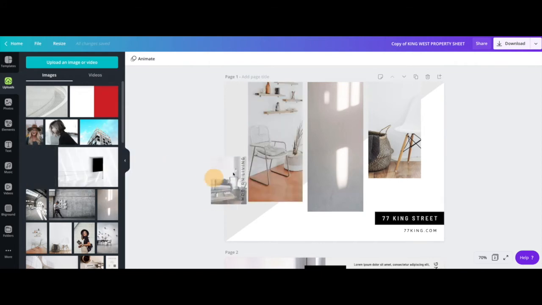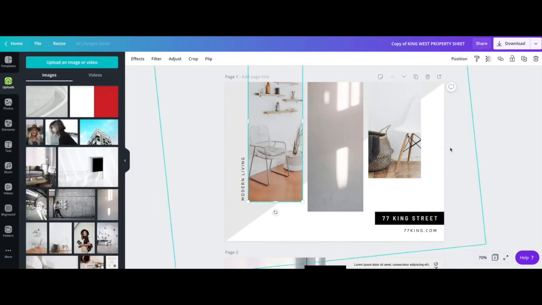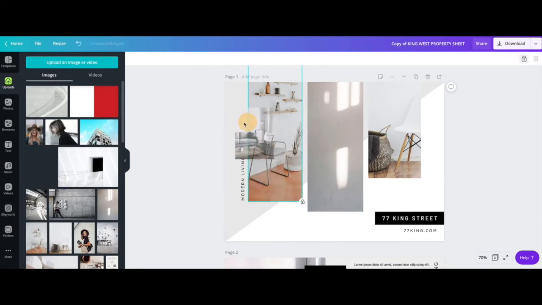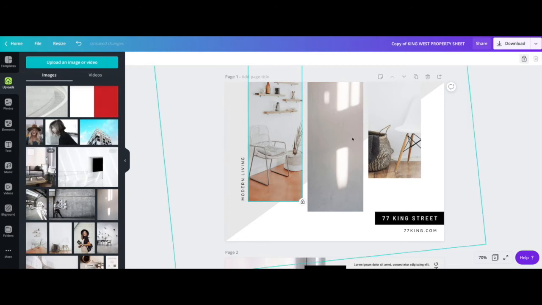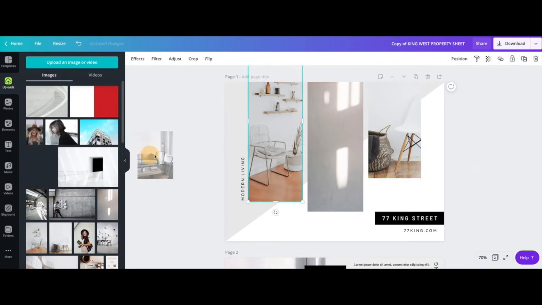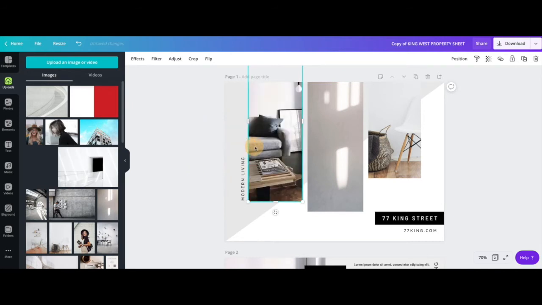If you have an issue with this, it might be because this is locked, so you just head over to the top and make sure that this is unlocked. If it's locked, something like this will happen, where nothing really happens. So just make sure that's unlocked, grab your photo, and as you hover it over the box, it should pop